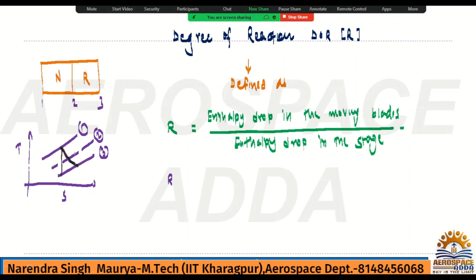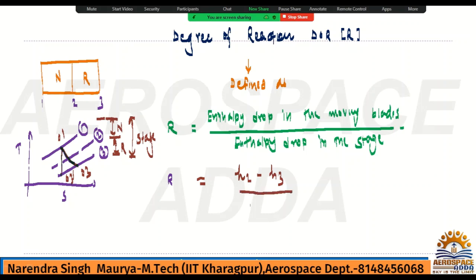So if you check, between 1 to 2, this is the 1 to 2. 2 to 3 is nothing but rotor, and 1 to 2 is nothing but nozzle, and 1 to 3 is nothing but stage. Okay, this is 1, this is 3, this is 3 dash. Anyway, if I write what is the degree of reaction in this case, whatever the static enthalpy drop in rotor, so where is the rotor? Rotor is between 2 to 3, so static drop is nothing but H2 minus H3